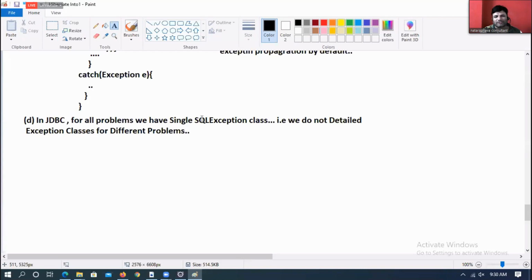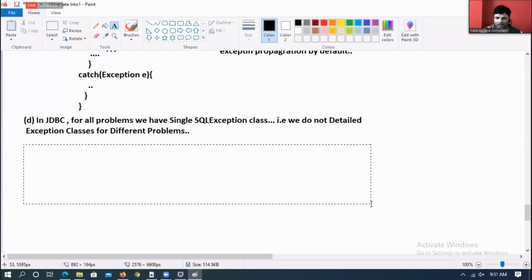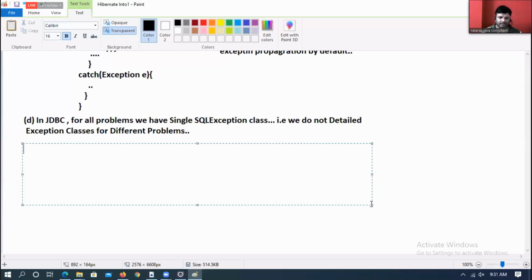Any problem, SQL exception. What is the meaning of that? We don't have detailed exception classes for different problems. One exception for all problems is not going to work out. It is really not going to work out. Understanding my point? Yes.